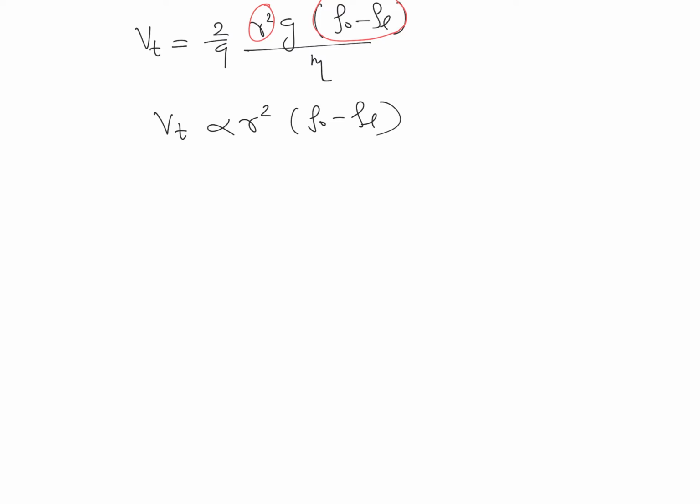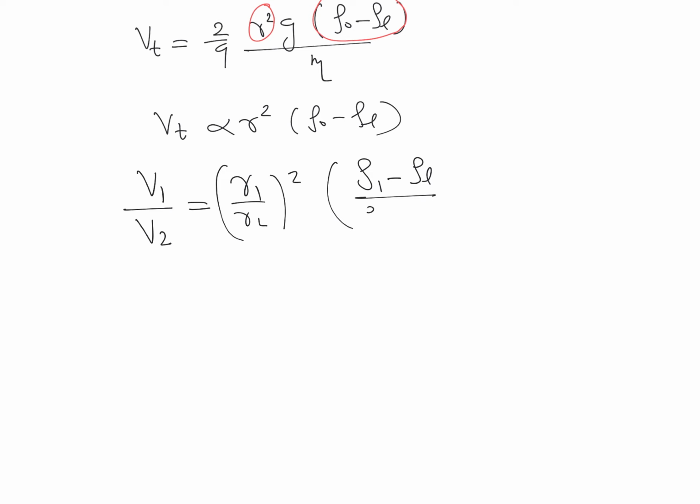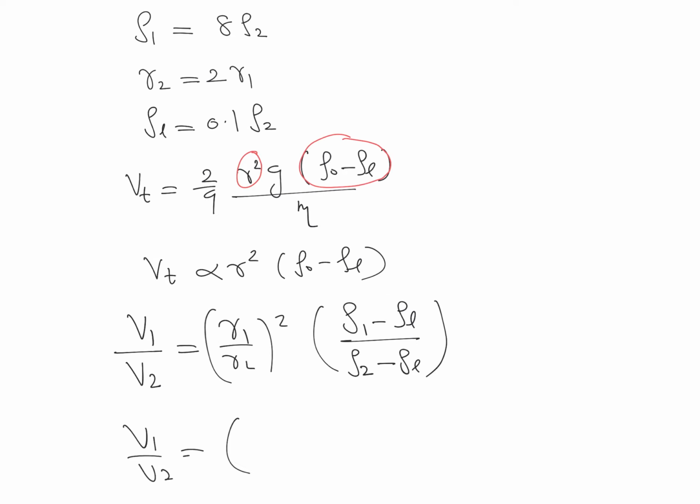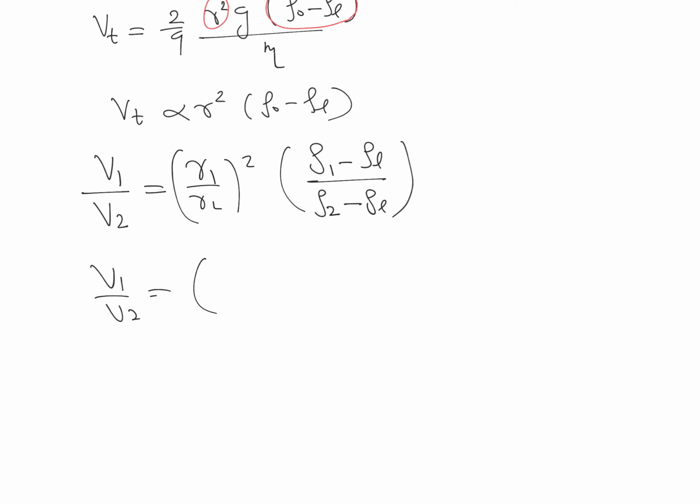So we can write the terminal velocity in the first situation by the terminal velocity in the second situation is equal to (r1/r2) whole squared times (density of object in the first situation minus density of liquid) divided by (density of object in the second situation minus density of liquid). So we can just substitute the values. We know that if we take r1 as r1, then r2 is 2 times r1, the whole squared,